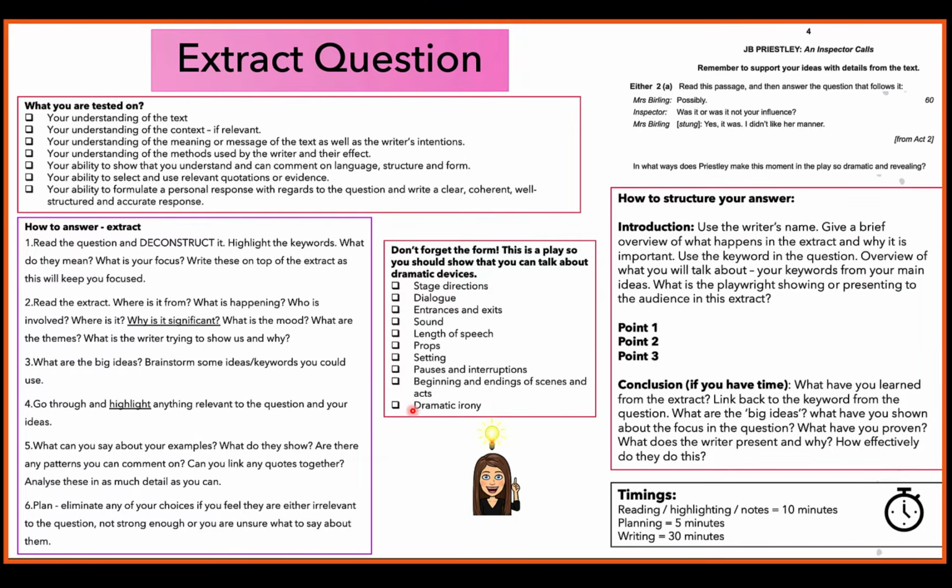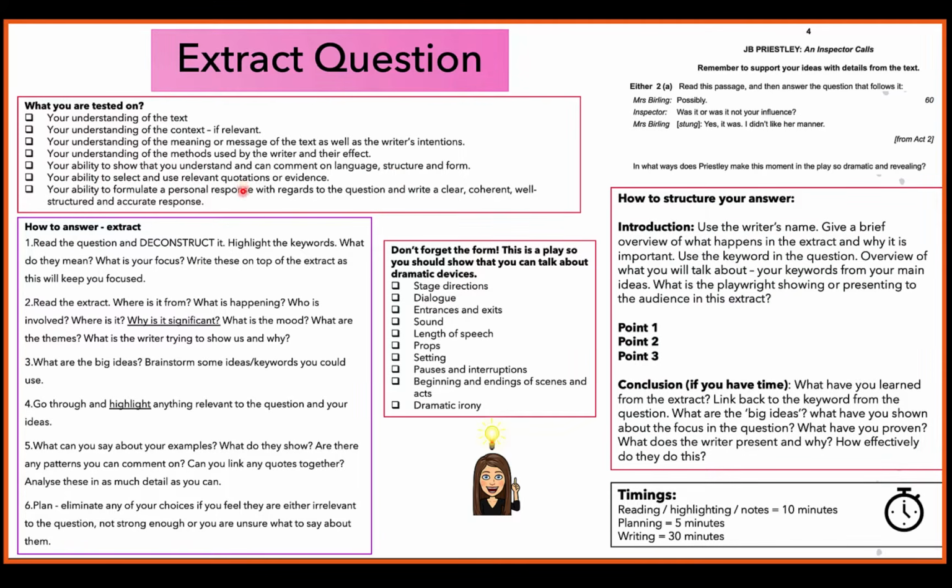So all of these, obviously you can do your language analysis as well, but these are specific to the form, which is a play, so don't forget to utilise these. Show that you can comment on language, structure and form. So down here, this is where everything is relevant to the form here. When you're thinking about the structure, think about the structure of the extract itself. Think about how our ideas progress or how a character develops, or even how a theme may develop across the